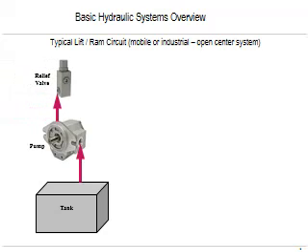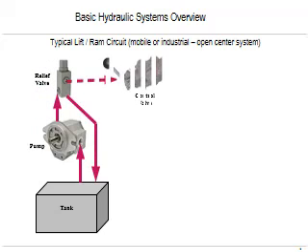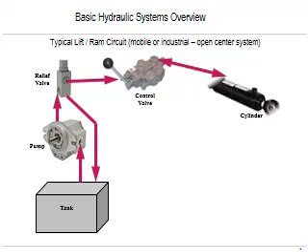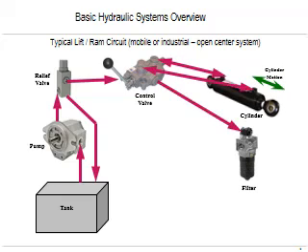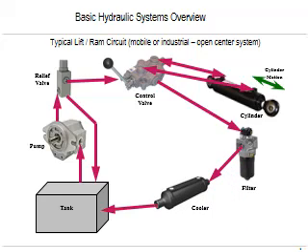This is a typical lift ram circuit. Okay. See, first of all the tank. The tank is the reservoir, where oil is available. Then the pump is used. The pump draws the oil from the reservoir, then the pump increases the pressure, then the fluid flow enters the relief valve, then the oil enters the control valve. Based on that control valve, center actuation is done. Okay, then the oil enters the reservoir.